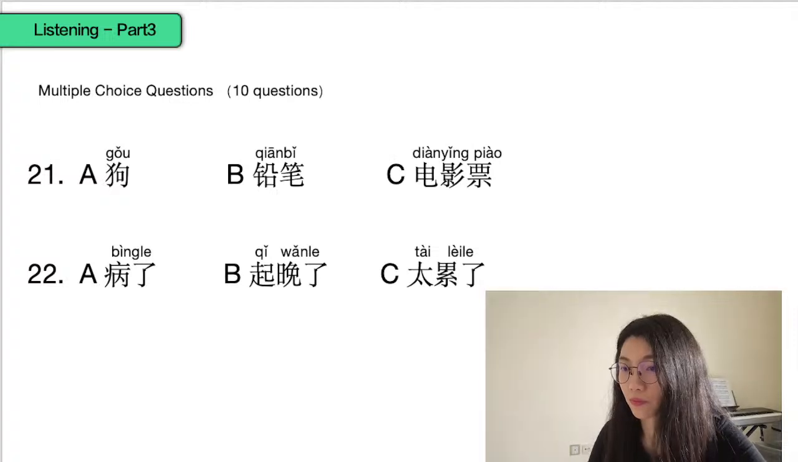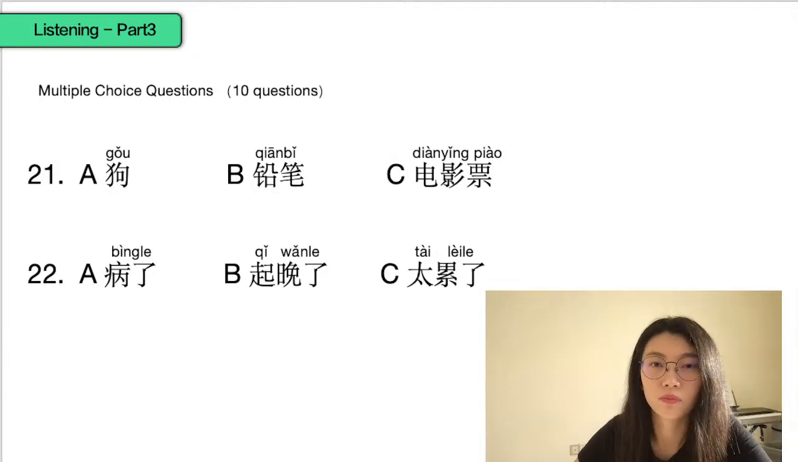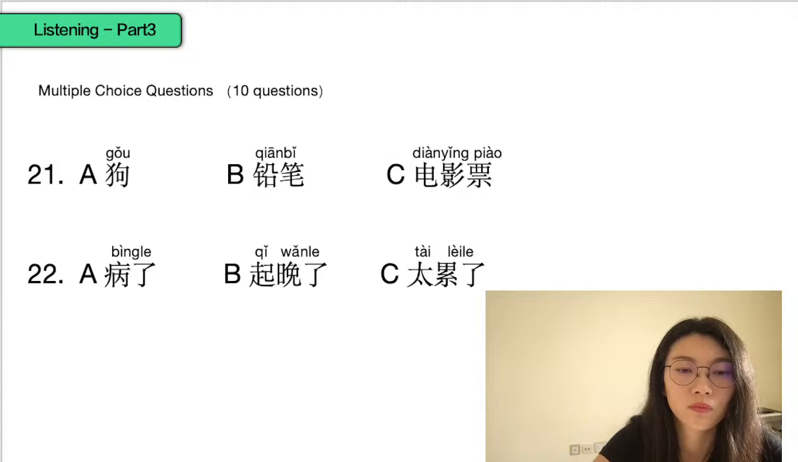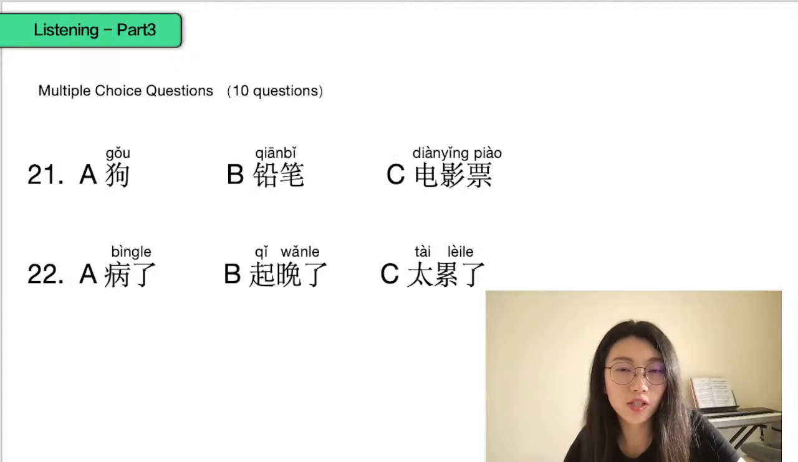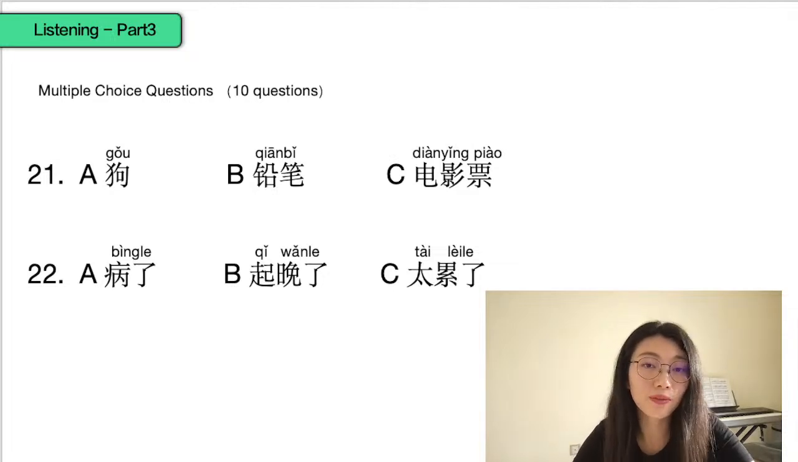现在开始第21题。21，小高，进来坐坐吧。不了，我的狗不见了，我要去找它。小高正在找什么？